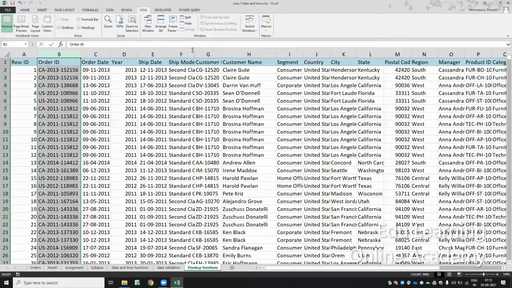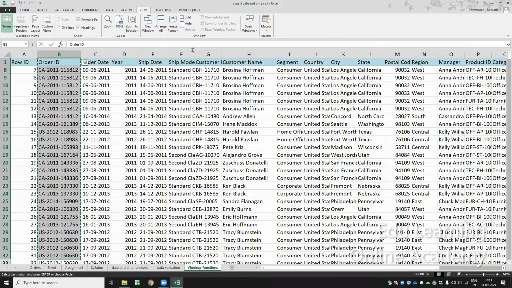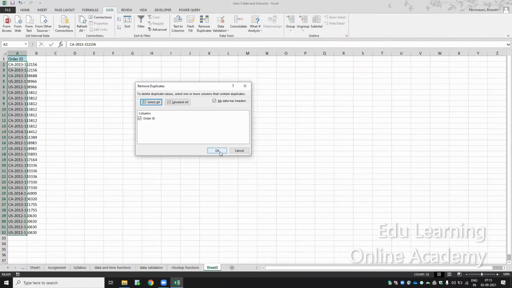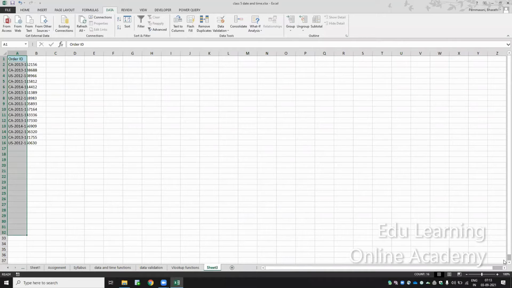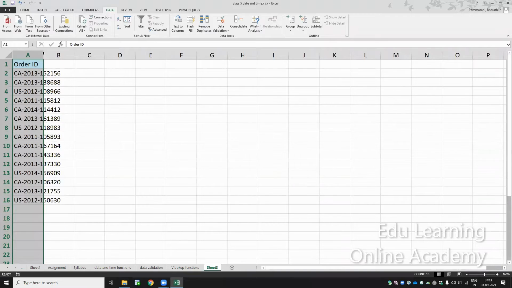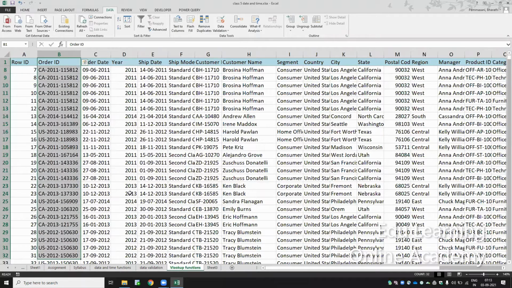here. I have some orders. For these orders, I just wanted to find the status. These are the order IDs. For these order IDs, I wanted to find in which state each order was placed.